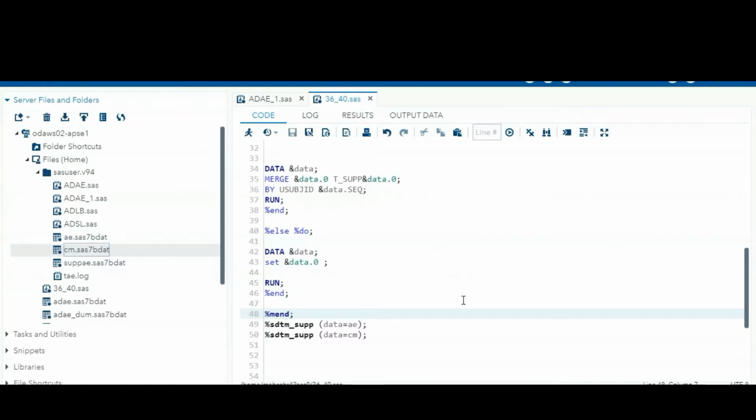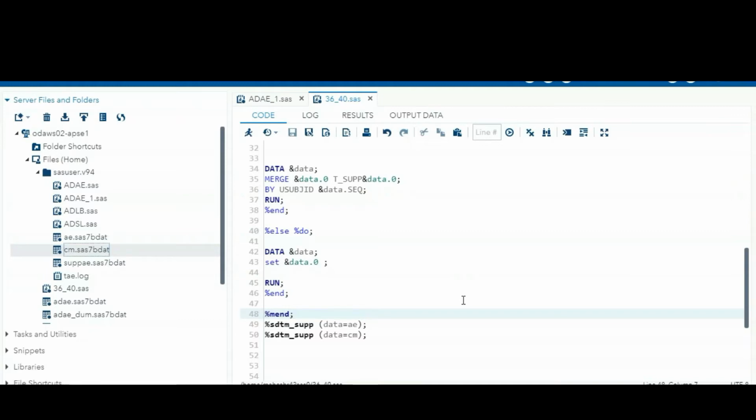Once you have done this part, there is no need to check again and again, when the data is refreshed, whether the supplementary data set is present or not. You can simply run your ADaM codes. This is how efficient SAS programmers work. Other programmers handle it by writing simple steps, but that is not a good thing.